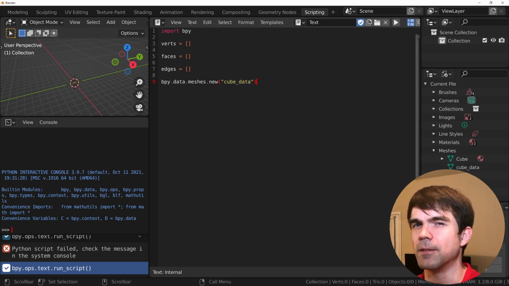Now we need to create a variable for this mesh data so we can use it to populate with the faces, verts, and edges above.